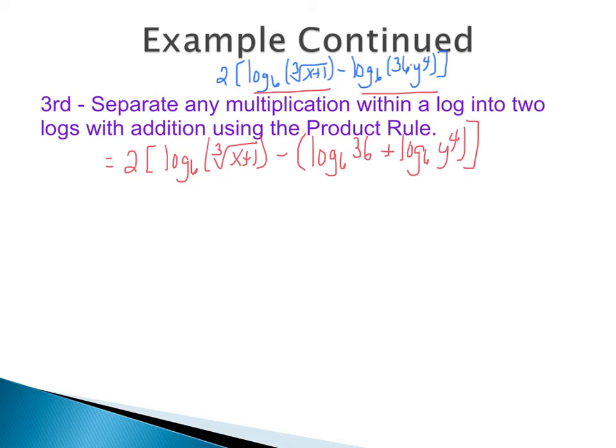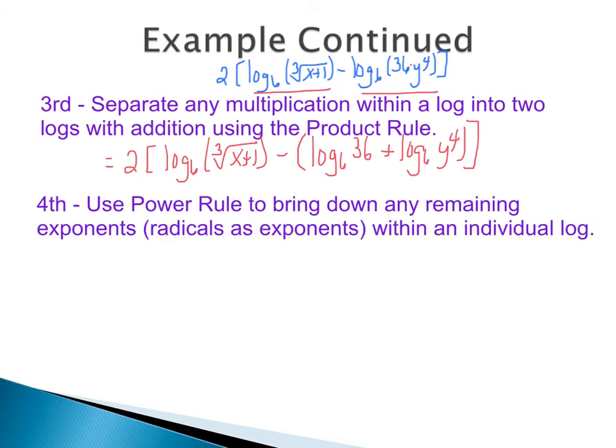Next, we want to use our power rule again. We started off using our power rule, but we want to use it again to bring down any remaining exponents or radicals that we might have. If we look in our first log, we see that we have a cube root of x plus 1. Well, cube root of x plus 1 I can rewrite as x plus 1 to the 1/3, which means that I can use my power rule. So I have 2. When I bring down the 1/3, remember, it has to come right in front of the log. It's always going to drop in front of the log, not over by the 2. So it's going to be 1/3